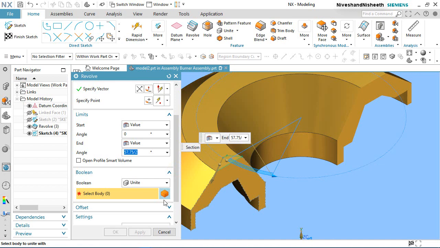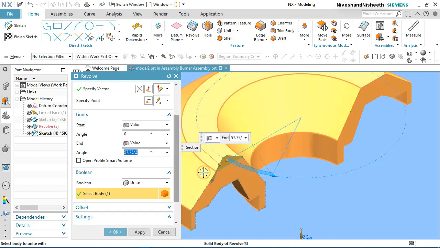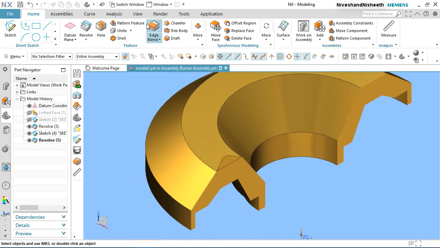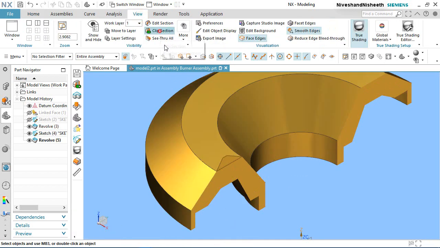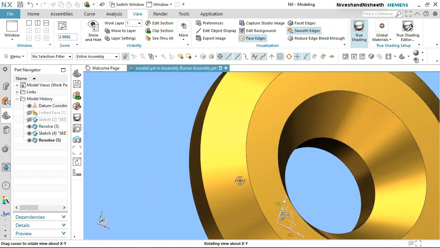In the select body option, select this body. Click OK. Exit from the section view. Now see the result.